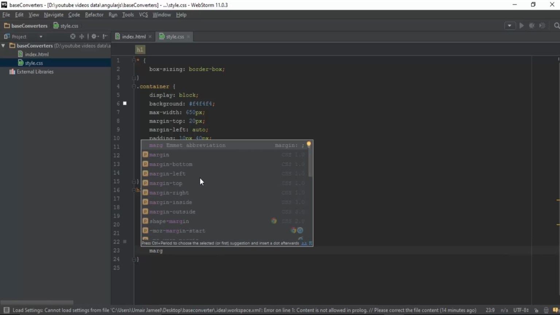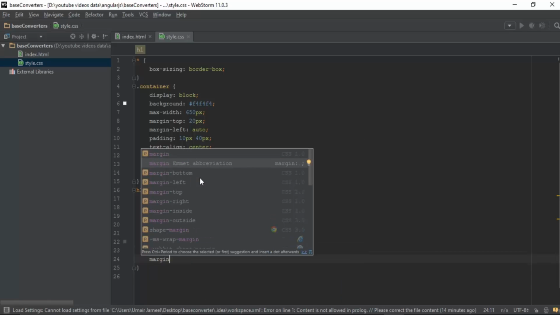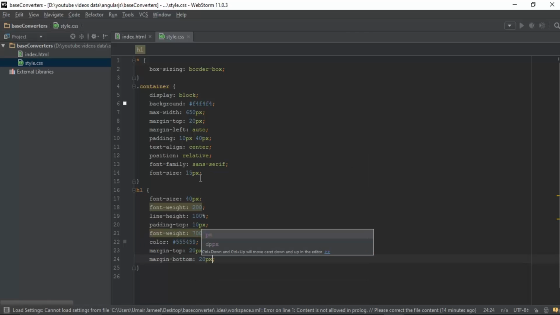Alright, and margin top 20 pixels, margin bottom, it has to be 20 pixels as well. Okay,